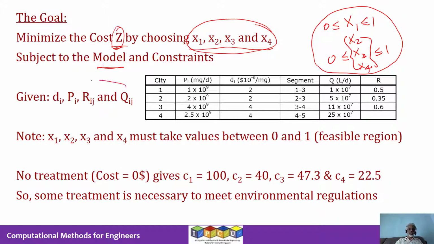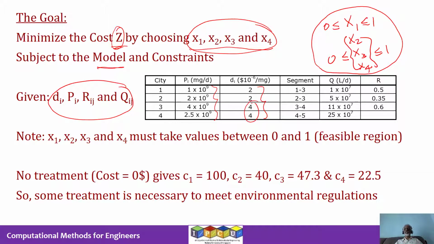So what is given to us are these symbols as we indicated earlier. And the specific values for the production on a daily basis of the pollutants are given here for the 4 cities. So the production is of the order of 10 to the power of 9 milligrams per day. The cost is given here for the 4 cities, right? The cost of treating the pollutant. It is the same for city 1 and 2, and it is kind of different for cities 3 and 4. Maybe the labor cost is high, or some kind of tariffs are high in cities 3 and 4. So the cost of treatment in those cities is higher.